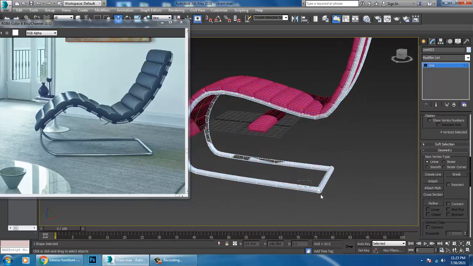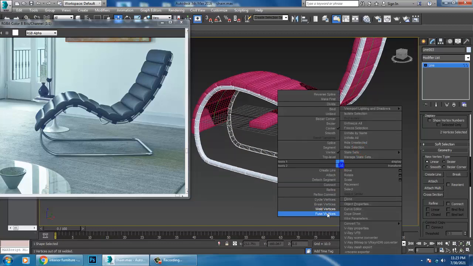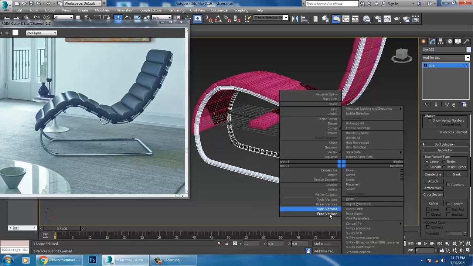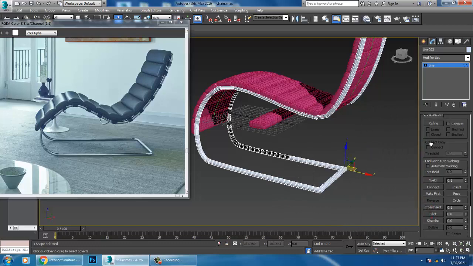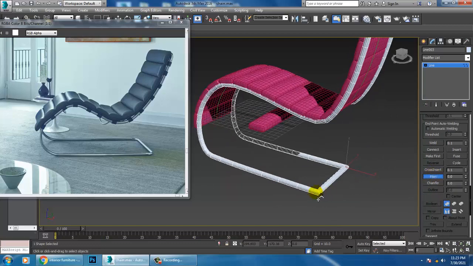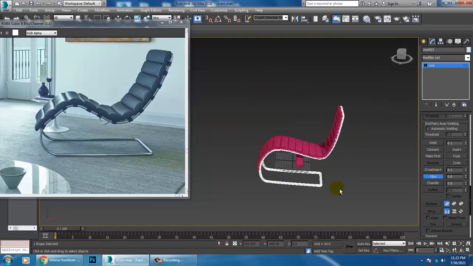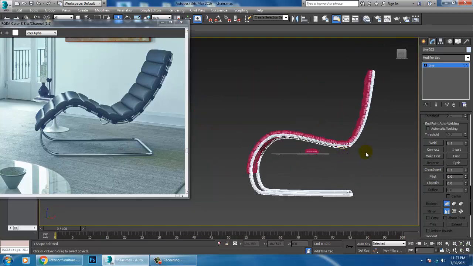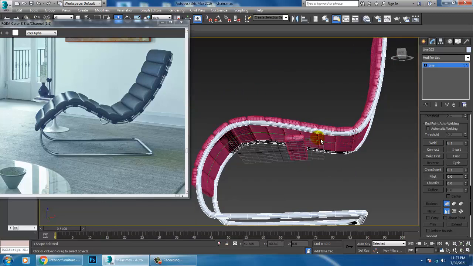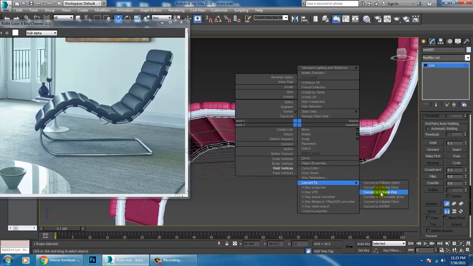Select the vertices, fuse vertices, weld vertices, and let's again give a bit of fillet to it. Once you're done over here, I can convert this to editable poly.